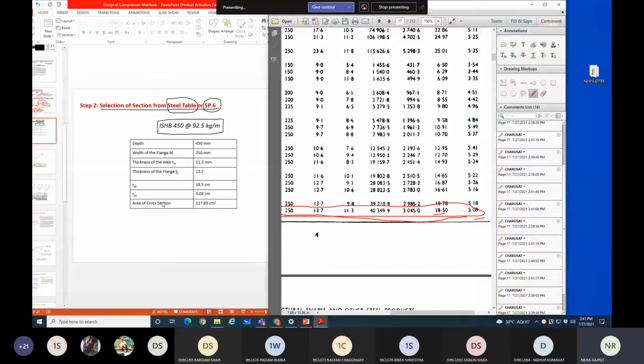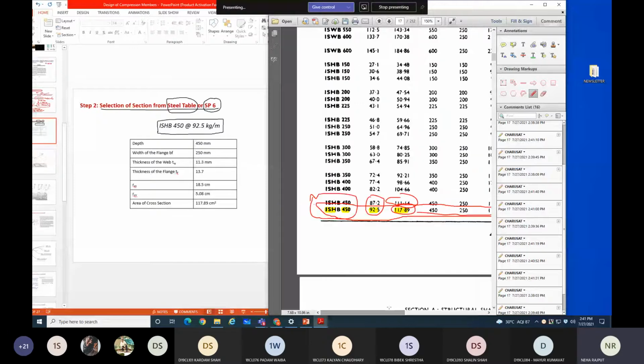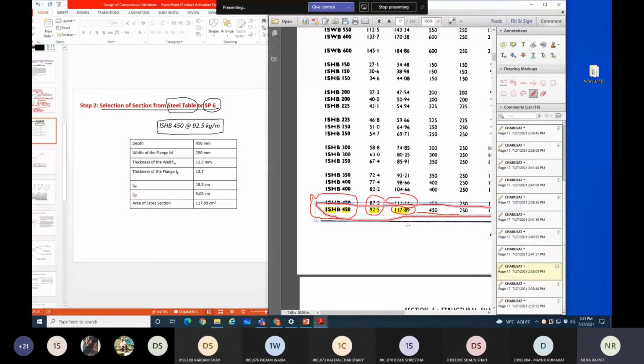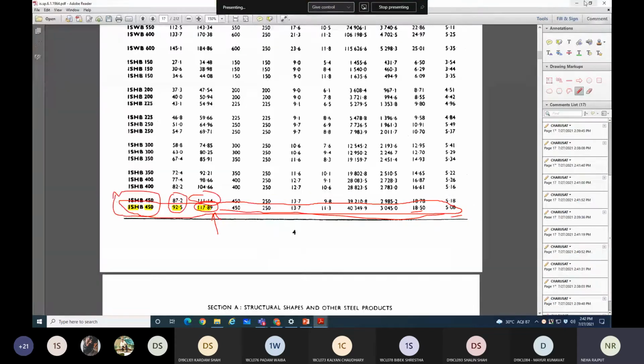And last is area of cross section, which is 117.89. So once you choose your section as per step 1, the next is to write the values that are required for your design purpose. Clear everyone? Yes, ma'am.